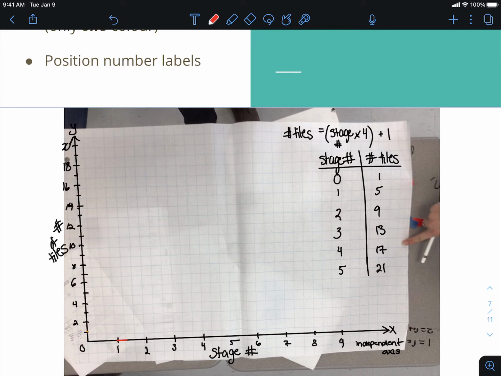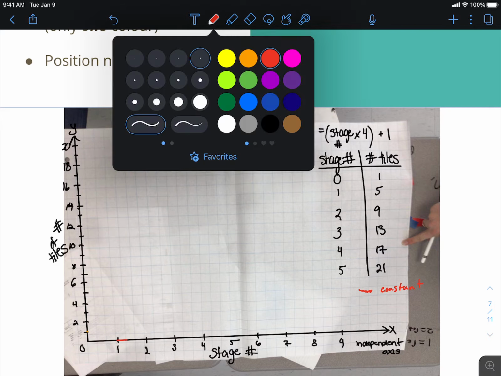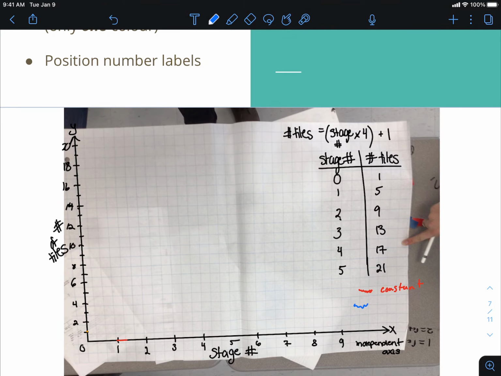When I look at this, I'm thinking I always have this plus 1, right? And so we have this constant of 1. And then in blue, I'll do the rate of change. You guys see that okay? Yeah. Okay. And I've cut the corner here a little bit. You guys are just kind of watching. I'm just showing you how to actually produce the graph of a line, or where it came from,